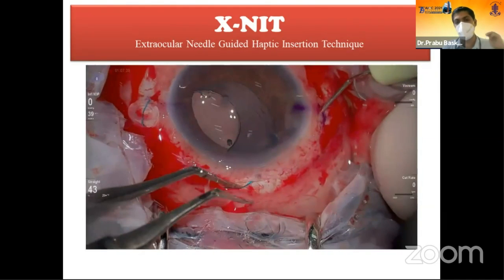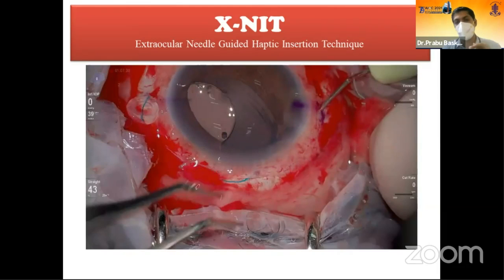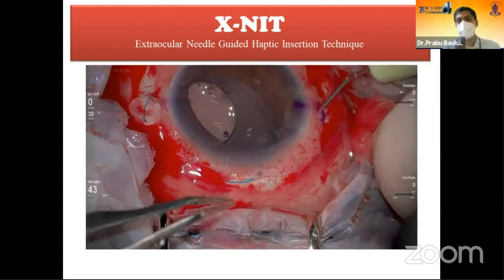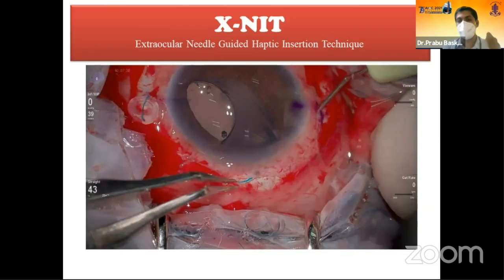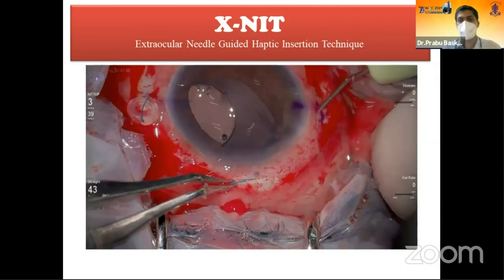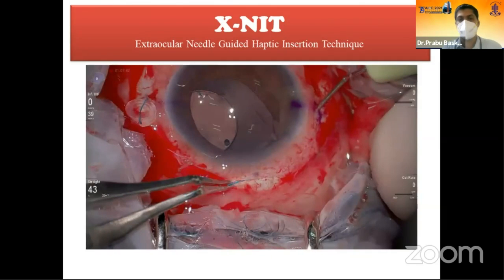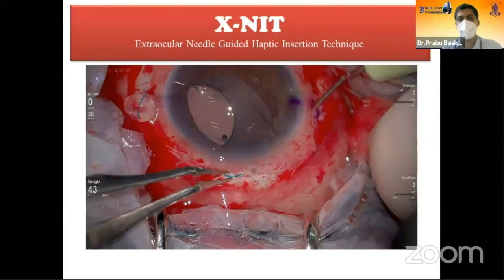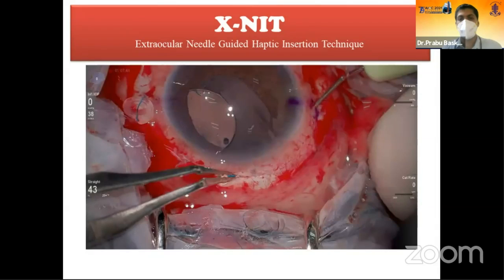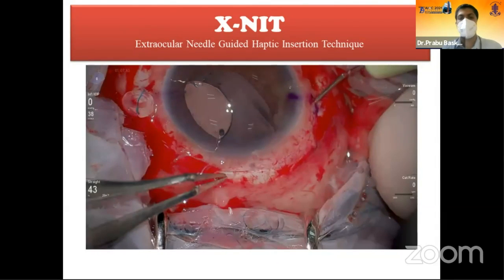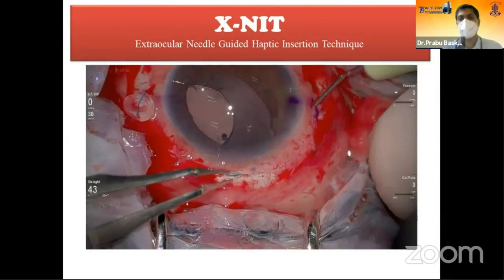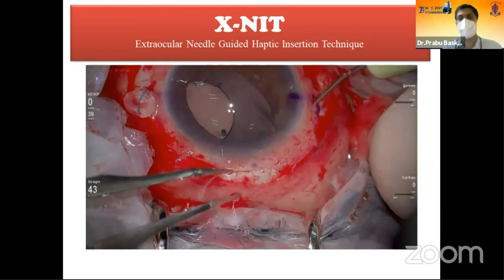So what you need to do is simply hit the lumen and give a slight pressure so that it gets into the lumen well. Again, 4 mm of docking should be fine. Once you are comfortable, you retract the needle. Again, we are not going to do any intraocular maneuver. You can clearly see that.